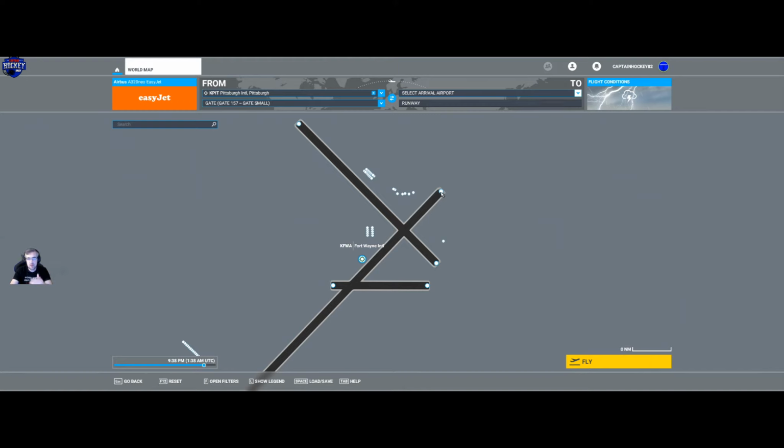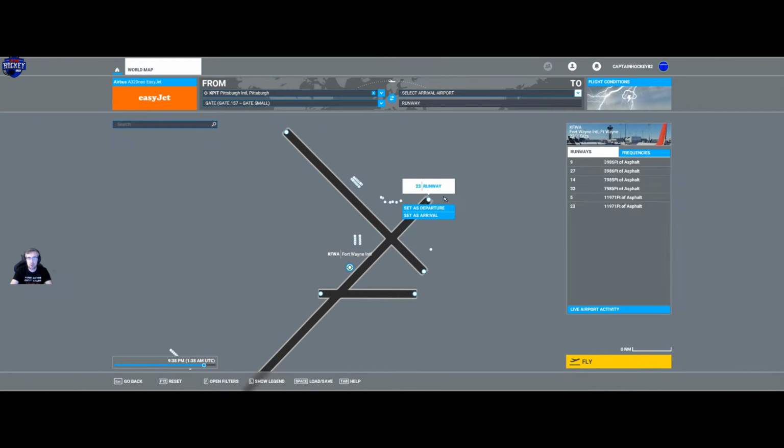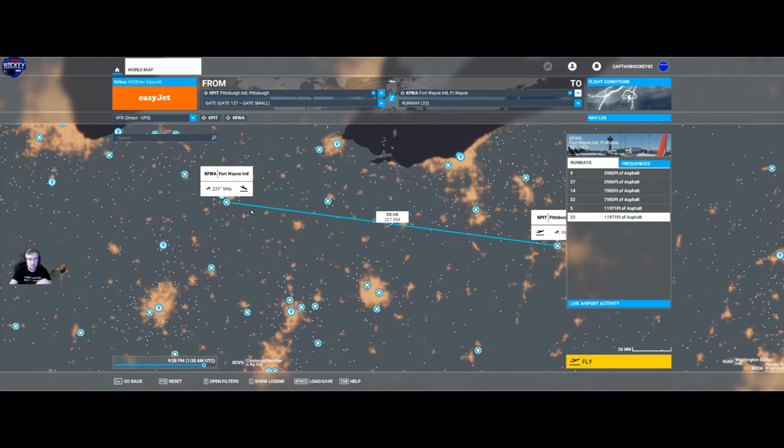So I'm just going to go ahead and say I want to land on runway 23. So I'm going to click that little node and hit set as arrival. And then you see the blue line set. Right now it's just runway gate in there, and there's 2 checkpoints, which is obviously your Pittsburgh International Airport and your Fort Wayne International Airport queues. Nothing in